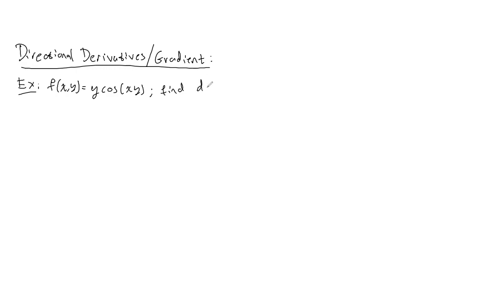Find the derivative at the point (0, 1) with angle pi over 4 from the